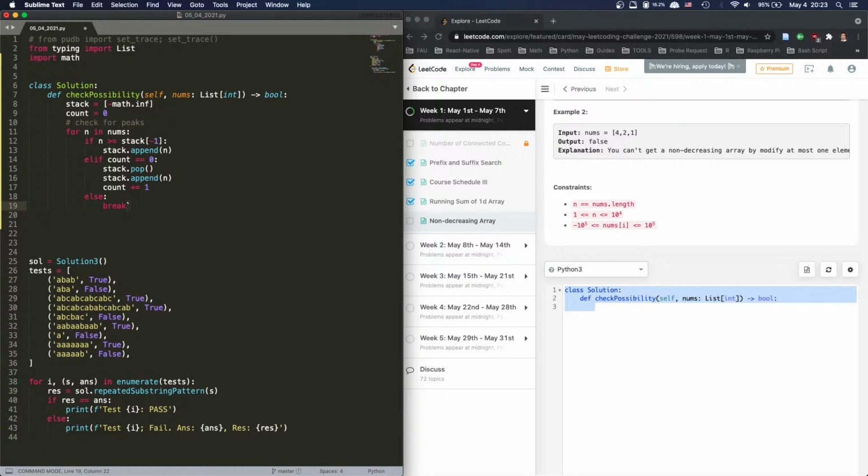Which means let's go up. I do think this has to be else. Alright, else. We do else. And then we don't need this. Else we say stack.pop. No, else we say